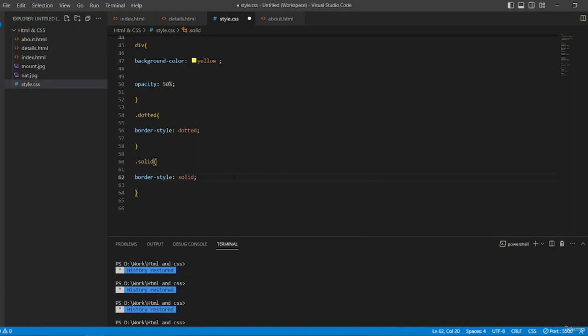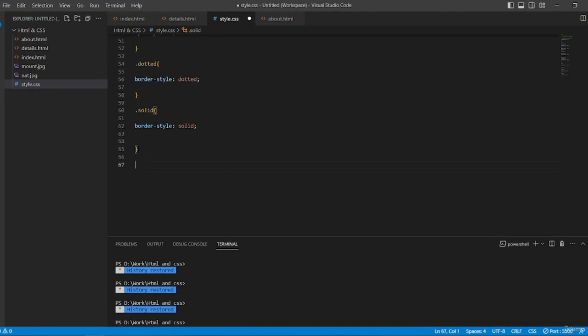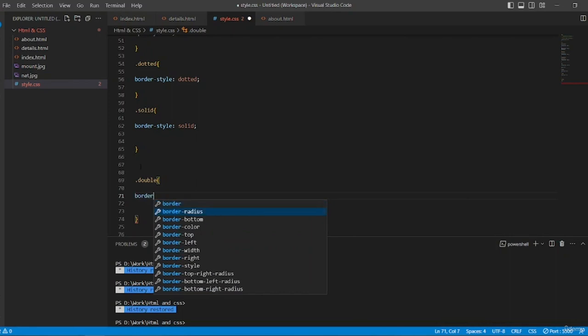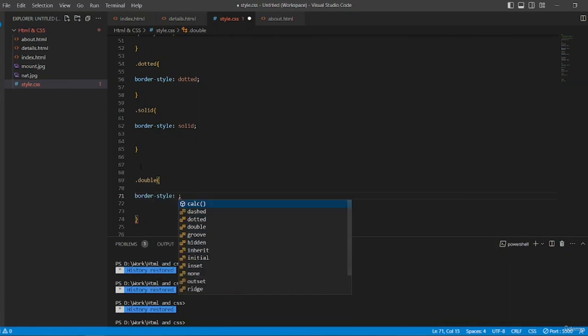Right, and then I'm going to create another one, dot double, apply the curly bracket, and inside border style will be double. Okay,